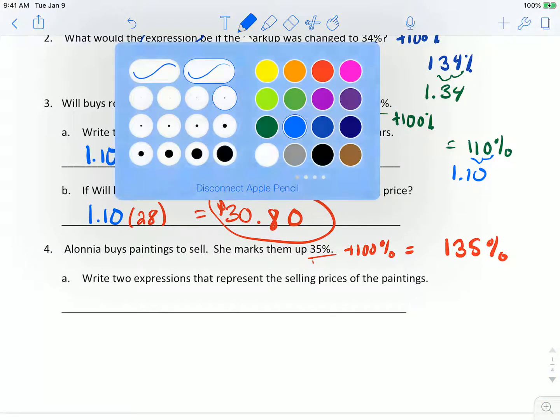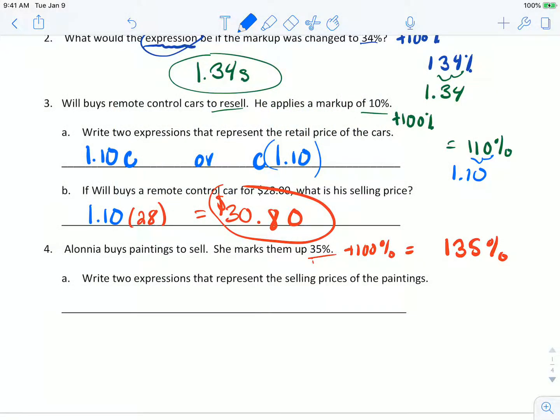How do I write that as a decimal? Someone other than Nia, you answered last time. Anyone else? 1.35. Good. All right, so we have to write an expression. Expressions don't have equal signs, they're just little math sentences. So I know I'm going to be multiplying by 1.35,